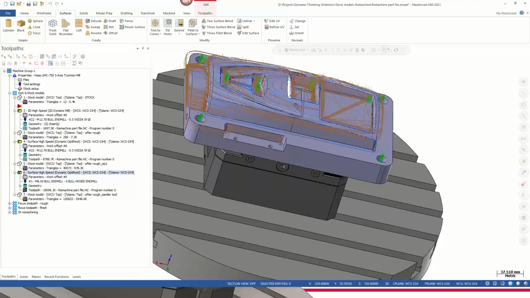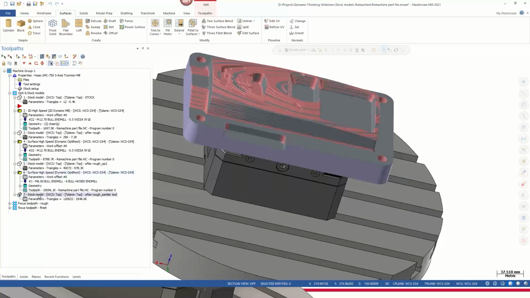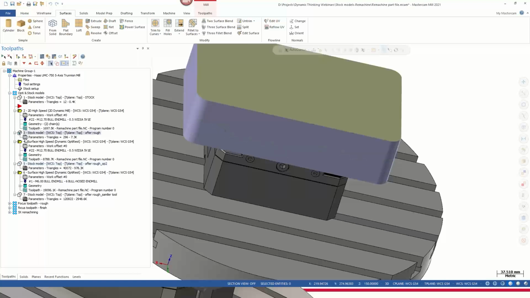And besides just using that for verify, we can also use it to visualize, real quickly, just see where that stock exists in the part and in your process. Okay. Moving on.